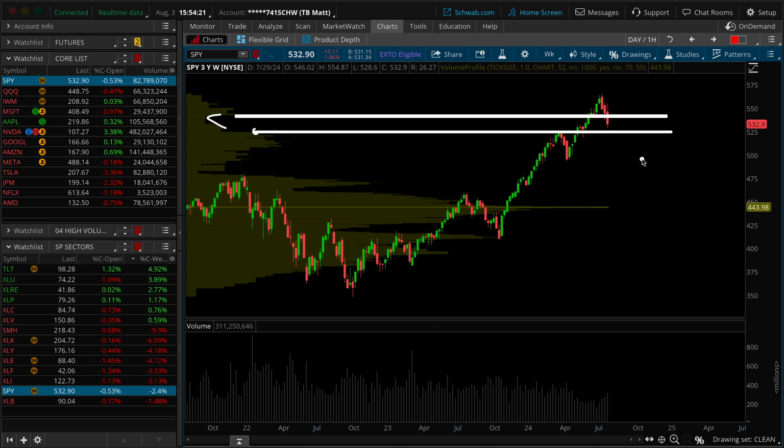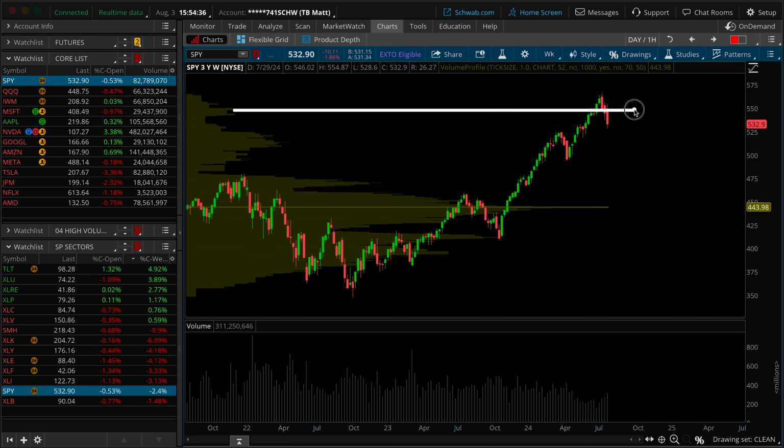Again, let's just round up here and call it 525 for round number's sake right now. If we can hold this, then fine. This is like picture perfect rainbows and butterflies on the monthly. Maybe you could argue that the weekly is trying to hang on to hope. But if this high volume node now is going to act as resistance overhead and we get this, that's